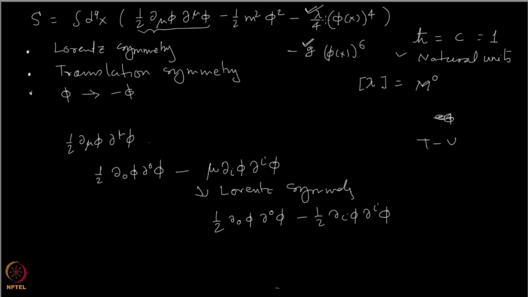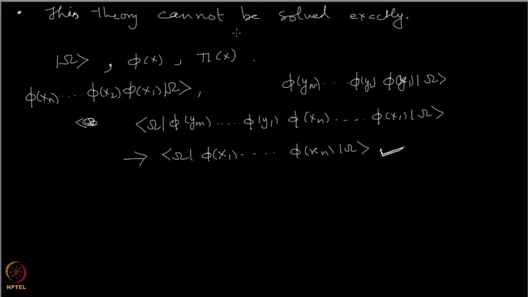And I know that if this is very, very small, then my system is going to behave almost like a free theory, free Klein-Gordon theory, right? So I expect that in that limit,